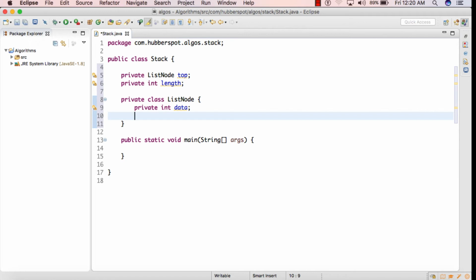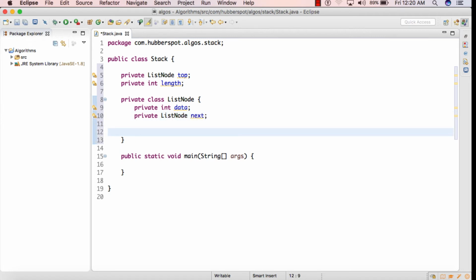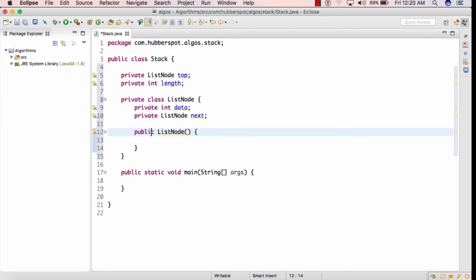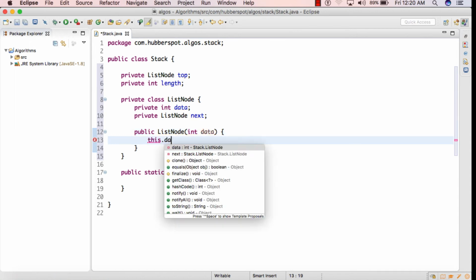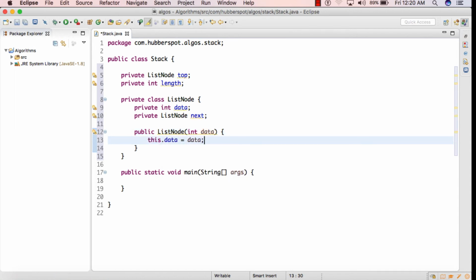Another is a pointer to the next list node, so private list node next. We'll also create one constructor. This constructor takes the data part. So friends, here we are implementing the stack using a linked list. So we have created this list node.